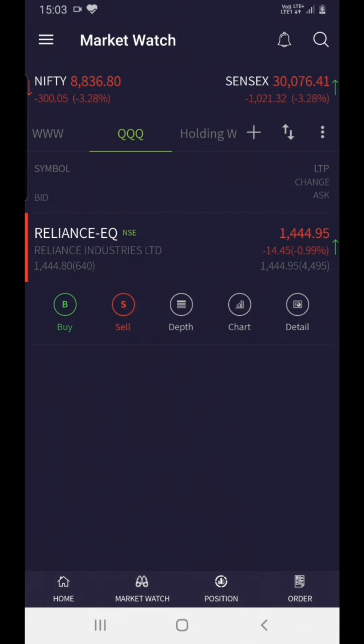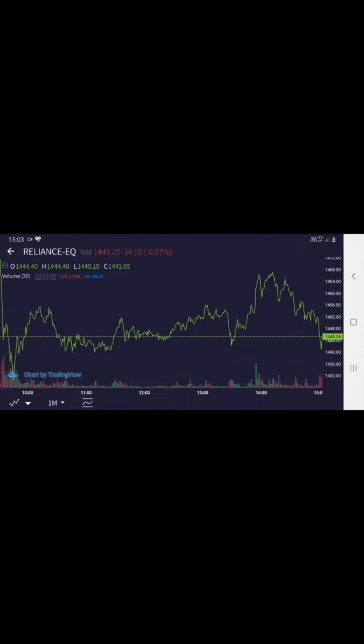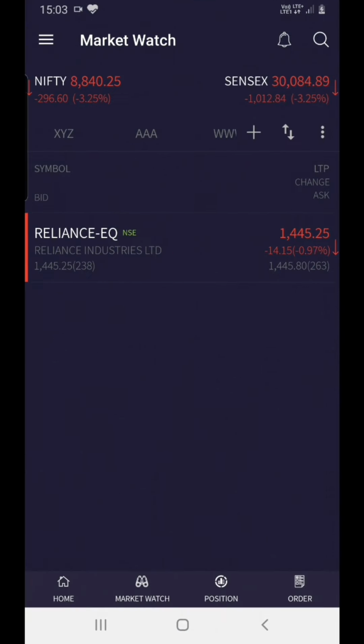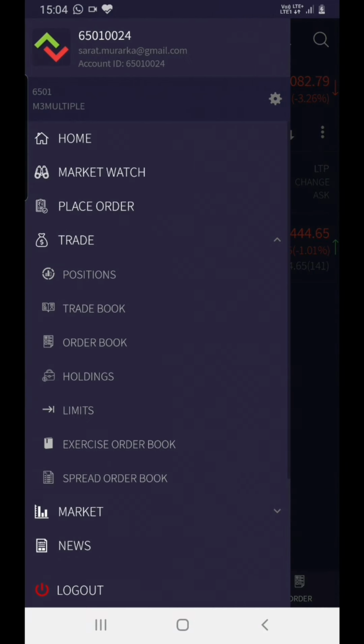If you want to see the chart, you click on chart. This is a chart for Reliance. Now we'll go to place order.